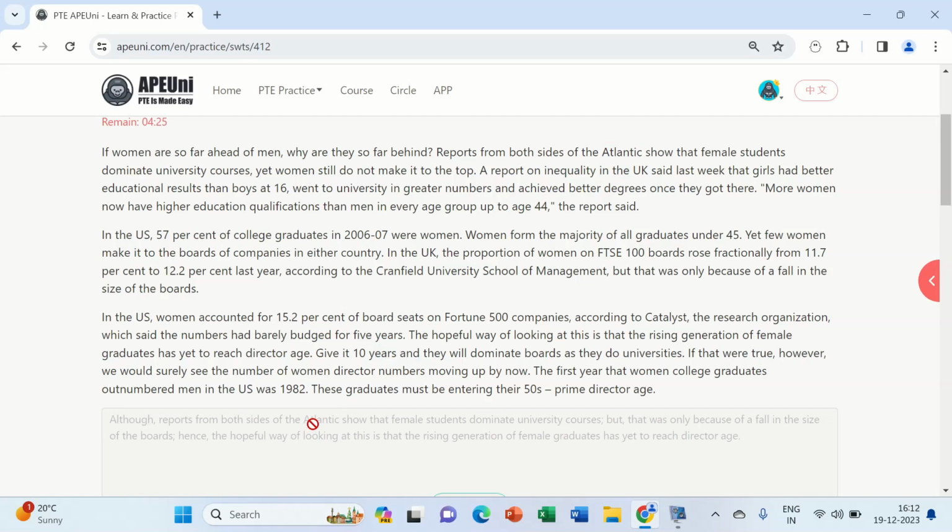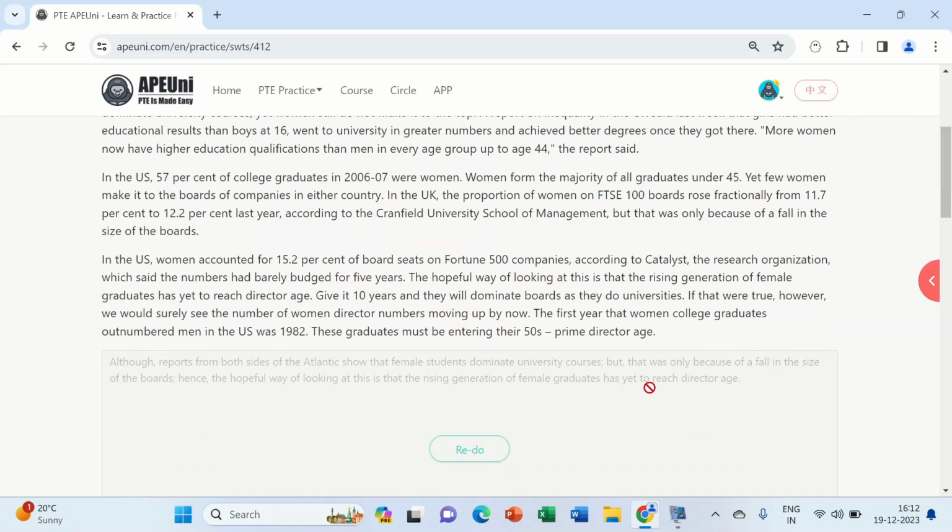If there is a country name like UK, then you have to use capital letters, UK, or US, both are capital. So only use a capital letter if there is the name of a country, or like Atlantic. And after completing the third sentence, always use the full stop.